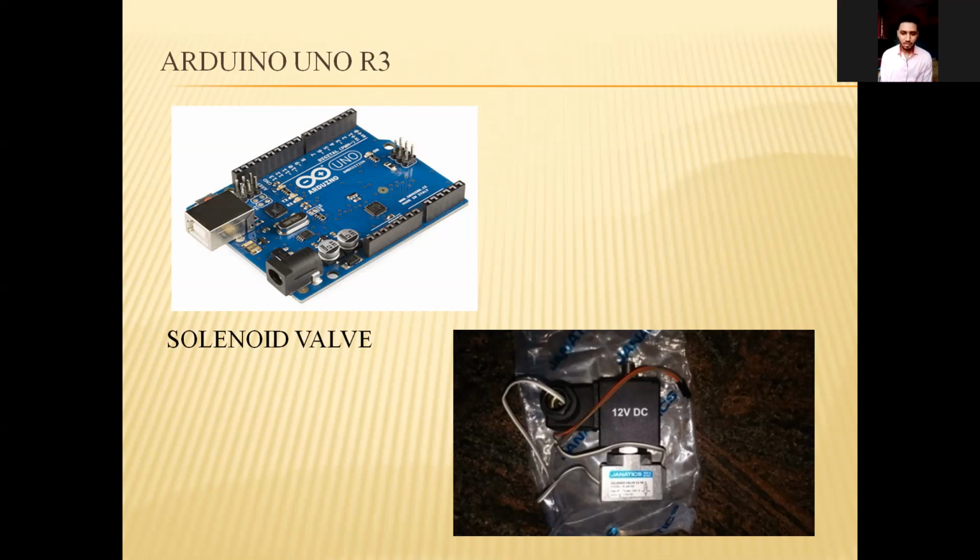Then the solenoid valve is like a gate for us, which will transfer CO2 gas from the cylinder to our chamber. And this will be controlled. The sensors are going to be the input for us, which will send data to our actuators, the solenoid valve and heaters, to act as output. Next.